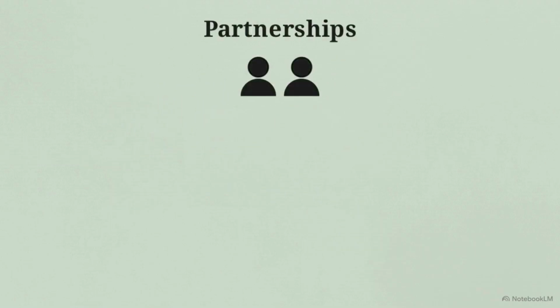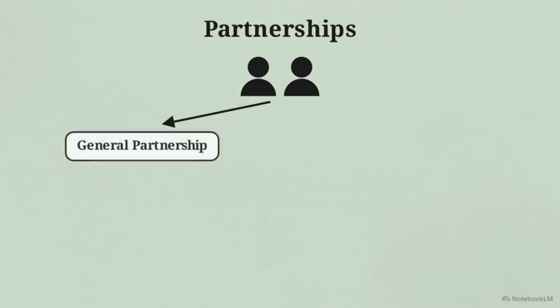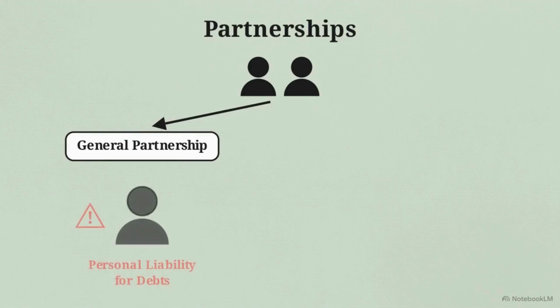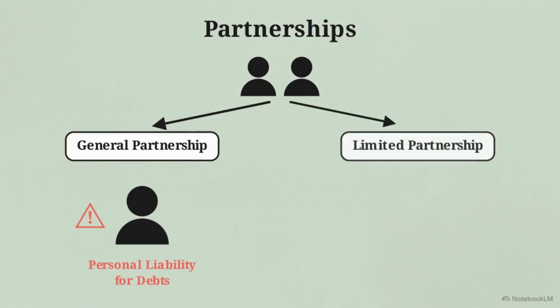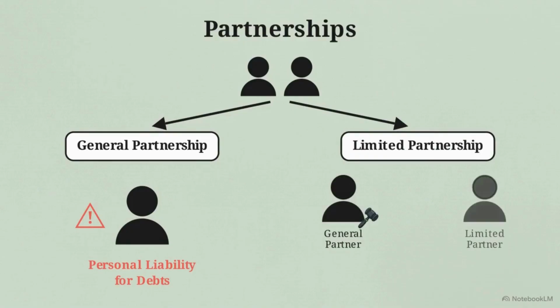Partnerships increase the complexity by involving two or more people or entities who agree to operate the business together. In a general partnership, the partners are usually personally responsible for the business debts. A limited partnership functions differently. It has at least one general partner who manages the project and assumes the liability, while limited partners act as investors. These limited partners generally avoid personal liability, provided they do not participate in management.